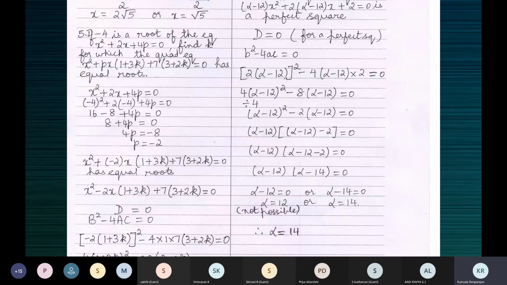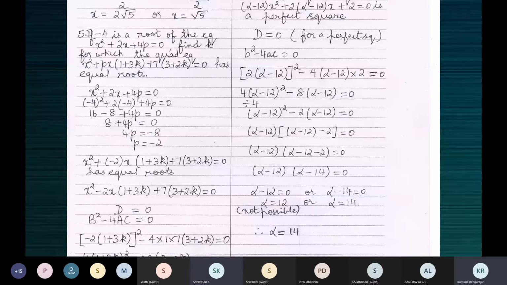So now, children, if it is given that the quadratic equation... Okay, when the value of d is 0, what does it tell you about the roots of the equation? Ma'am, it has equal roots, ma'am. Okay. When the value of d is 0, that is, we find the value of d and we find that it's 0. So when d is 0, yes.